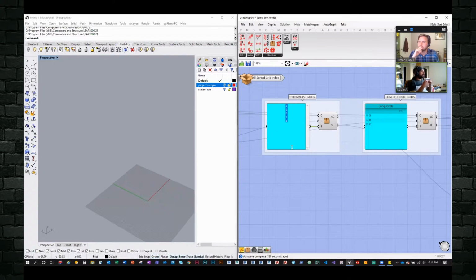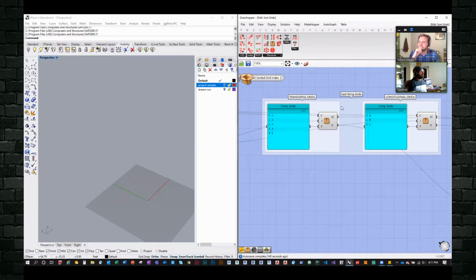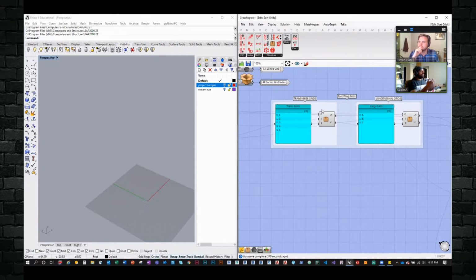If you remember back earlier from the largest stadium script, this is where I put in, for example, my east wing grids, longitudinal and transverse. I do that per grid or per wing so that I can divide up the stadium or the project accordingly.